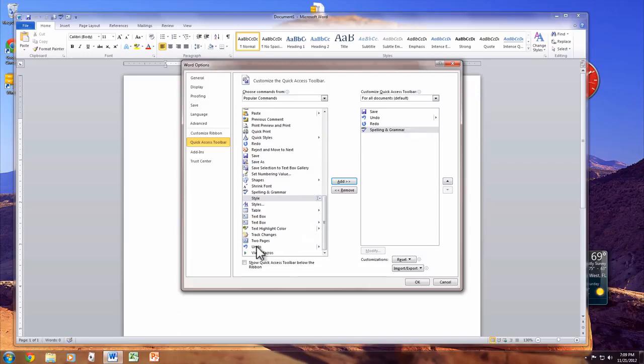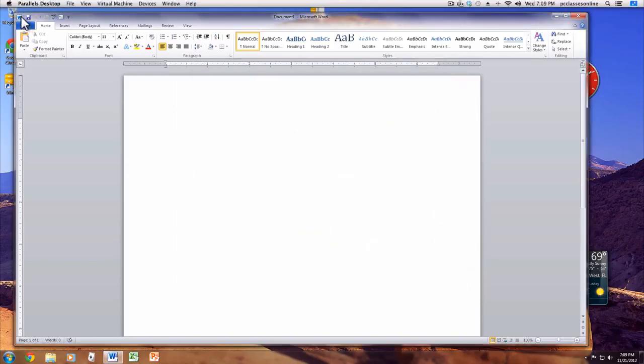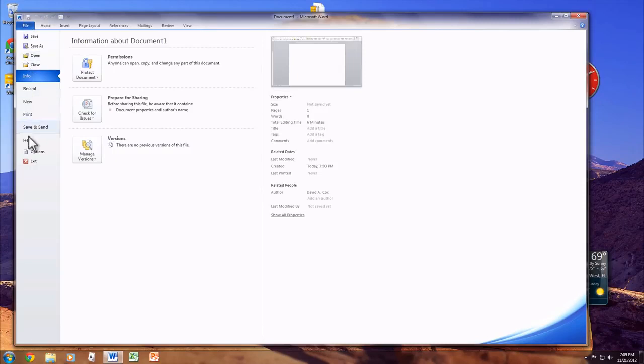Okay. And undo I already have, and text box I wanted to add back, so let's add that. And when you hit OK, those changes will be reflected immediately right up here at the very top. The other menu that was there